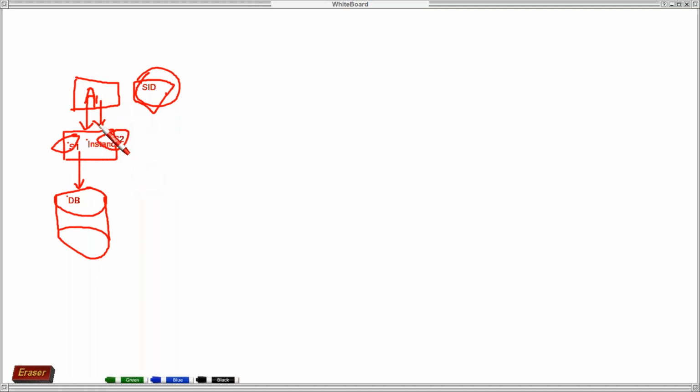Now if this service S1 is not available, also through some other service it can connect to the instance and database. For example, this SID is not working or it is overloaded. This SID has been connected with various applications, so connecting through this SID means this application cannot connect with this instance and through to the database, right?